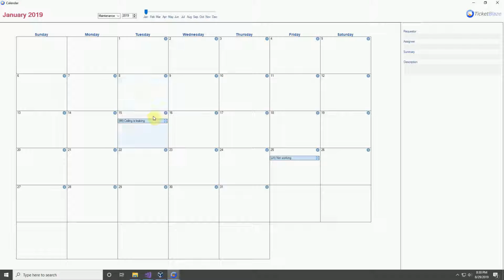Here you can see all your jobs that have begin dates. It's all laid out for you nicely so that you don't have to go weeding through tickets. So you can see we're on January right now. So someone's going to be working on the ceiling leaking on the 15th here. And that's when this job is going to begin. And when you click on it,